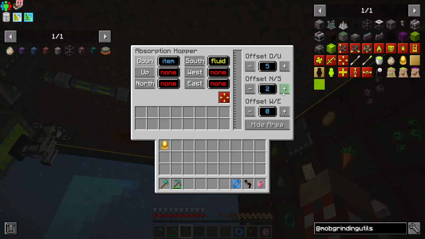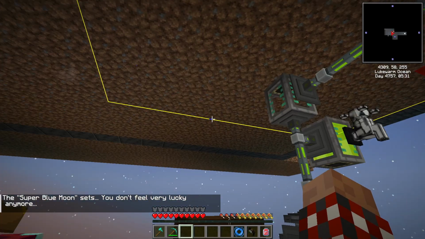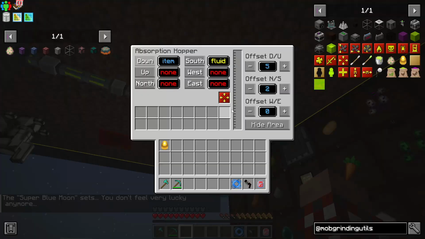So I pushed it to the south 2 blocks, and then I pushed it up 5. So that's where it is. You can see the nice little border on that. Let's go ahead and hide the area. South is fluid, and